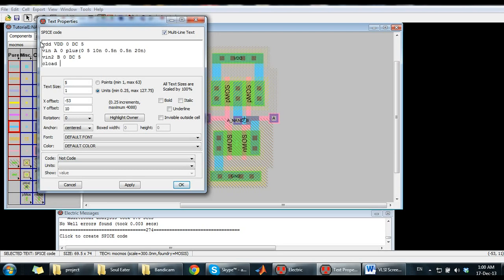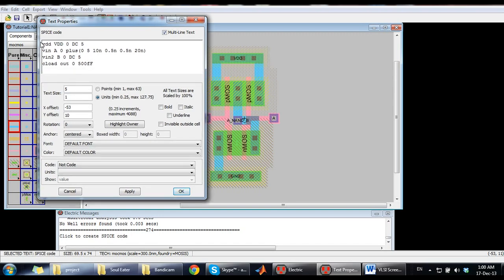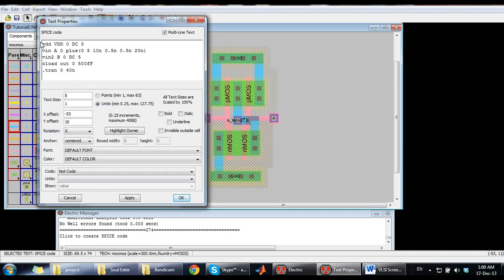Yeah, just add the load, it's fine. The output load is from 0 to 500, for example, femtofarad. You can change it to whatever you want, it's fine. We want to see the transient response from 0 to 40 nanoseconds. The last thing you need to do is to